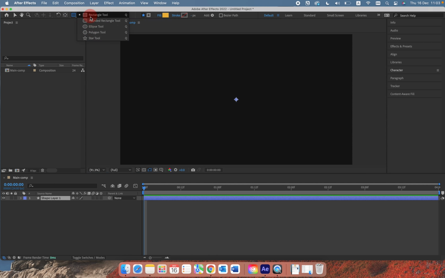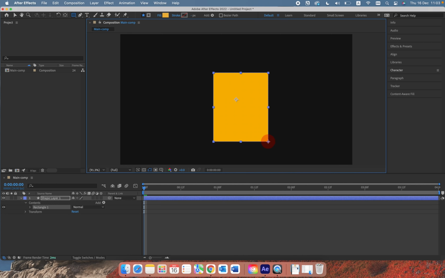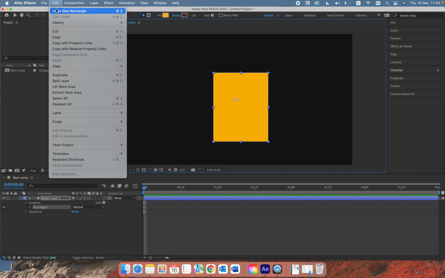We can choose any shape that we want and we can create something here by clicking and dragging inside your viewport. Now your layer has some content, which is a rectangle. But I'm gonna go back by going to edit and undo,